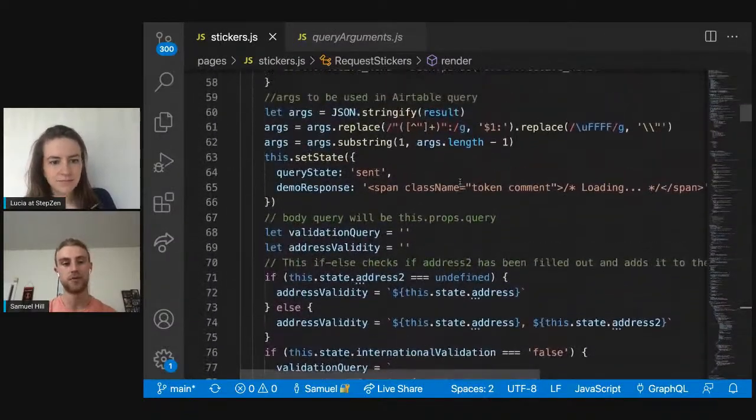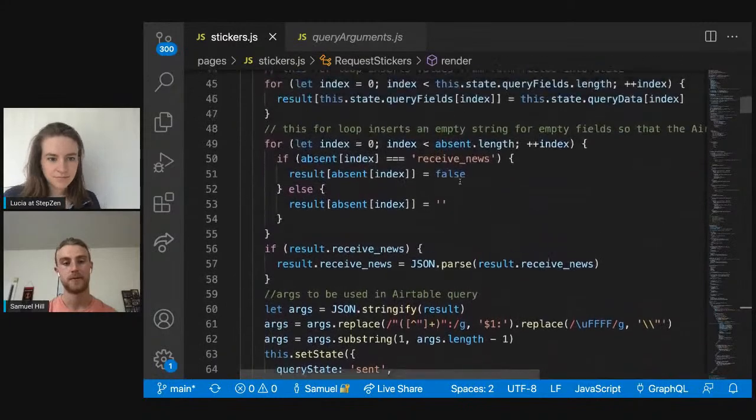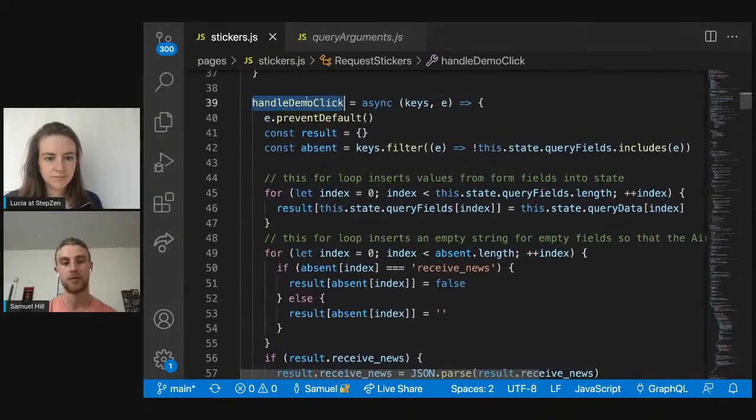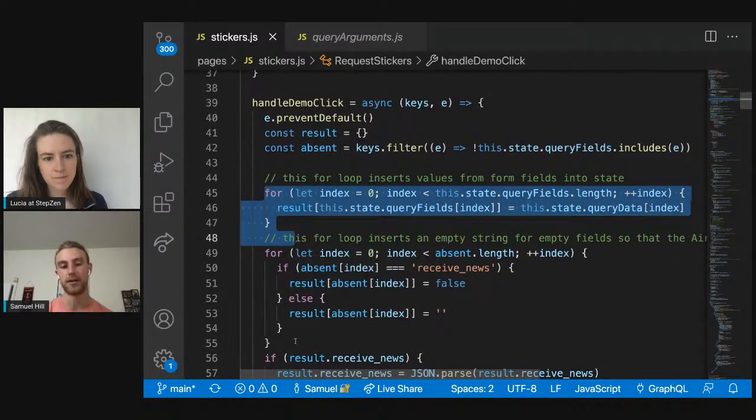So this is the moment of truth right here, where we have the handle demo click, right? The OnSubmit. Right away, we're going to check: is any of these fields absent? One of those fields that can be absent is address 2. We don't need your address 2. You don't have an apartment? Great. You live in a house? We don't need it. So all this is a nice little for loop that you go through, saying,